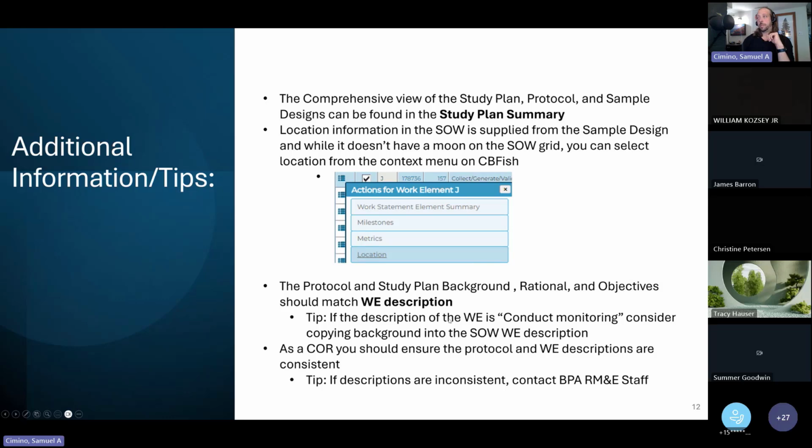So if the description of the work element is something like conduct monitoring, consider copying background into the SOW work element description. And then as a COR, you should ensure the protocol and the work element descriptions are consistent. So if descriptions are inconsistent, contact BPA RM&E staff, which is